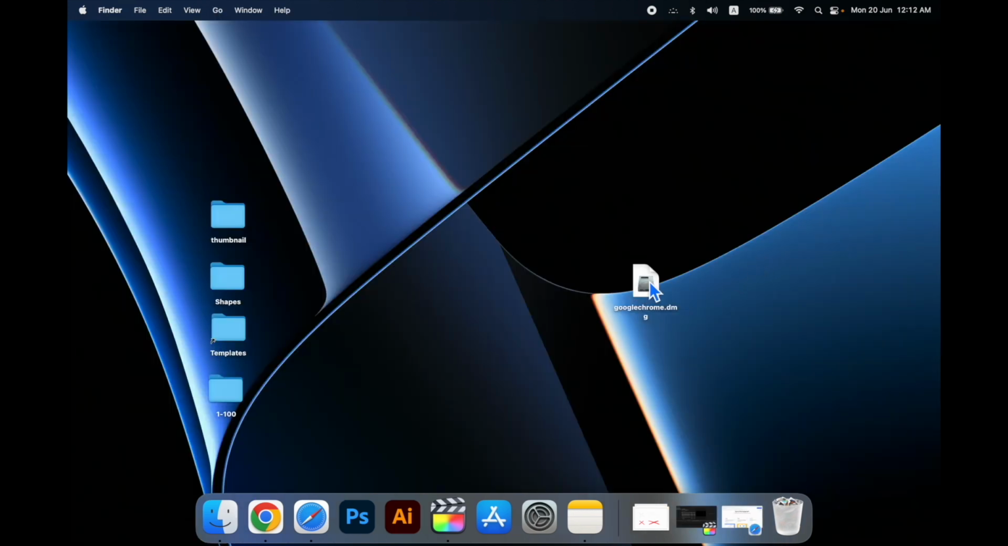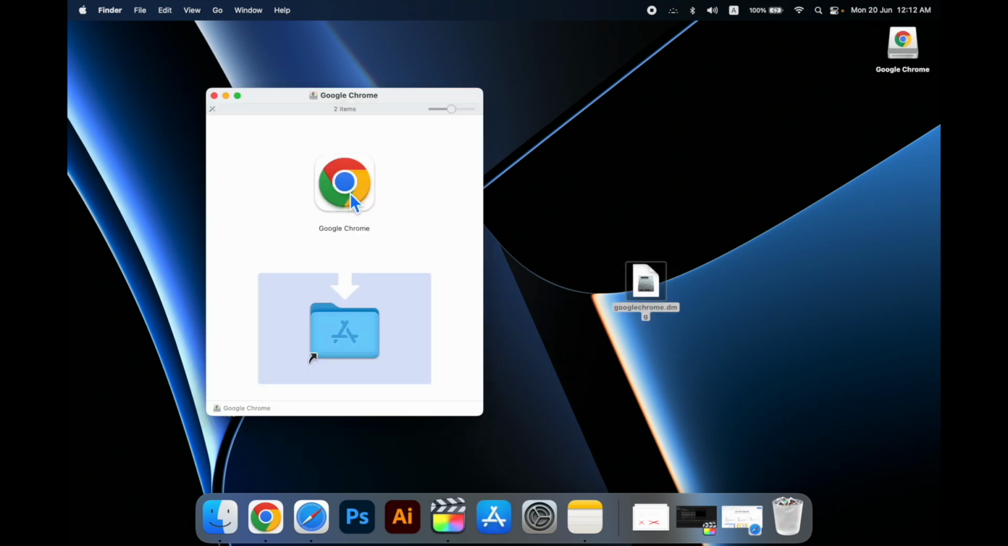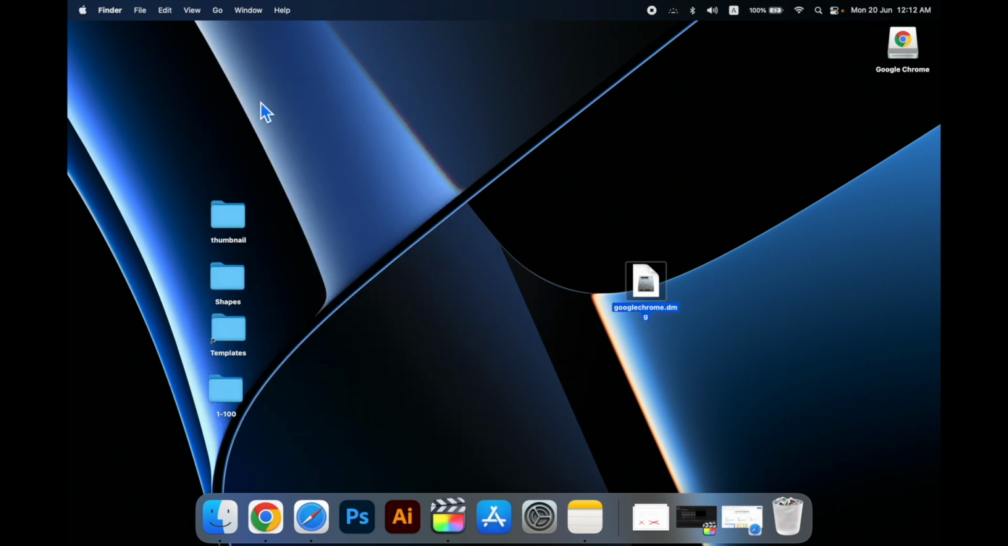Okay, once it's downloaded, you want to double click on the file. Okay, and you guessed it right, it is as easy as it is. You just need to click on this, drag it into the folder and release. That's all. That is how easy it is to install the Google Chrome and install any other application on the